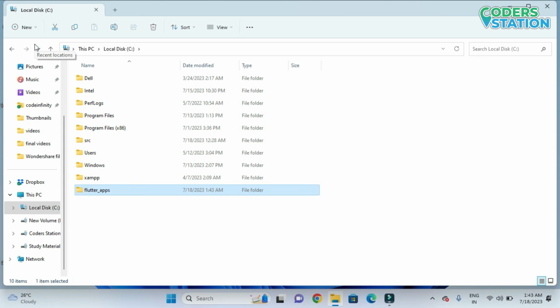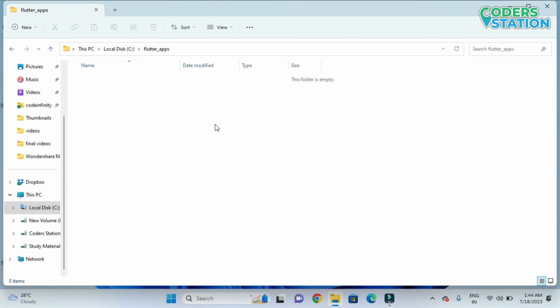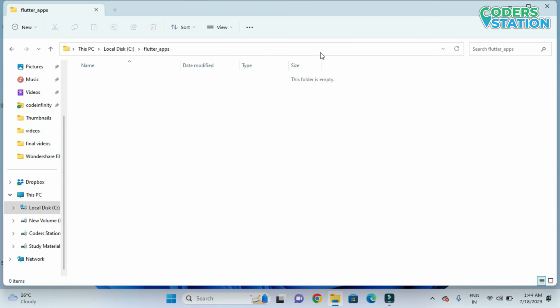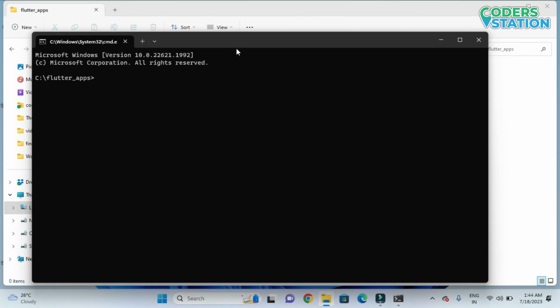apps. In Flutter apps, what we need to do is that we have to open the command prompt. So what we need to do in the path explorer part, we have to type cmd. So cmd will open with the path of the folder, and in that, in order to create the first Flutter